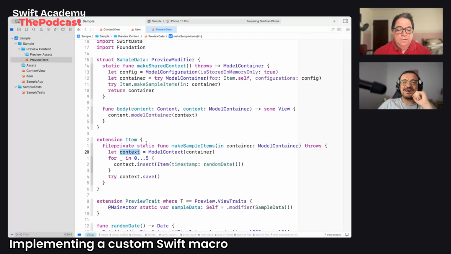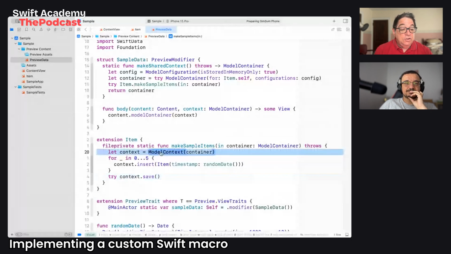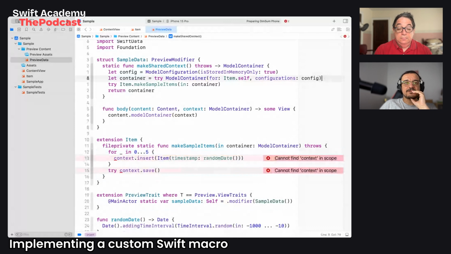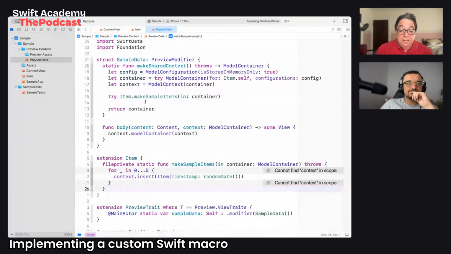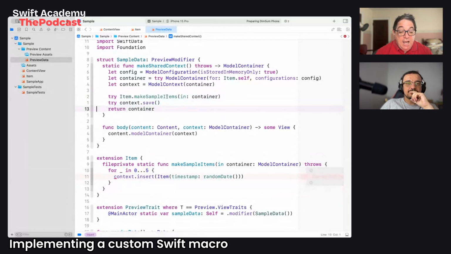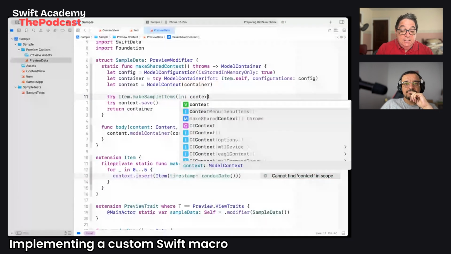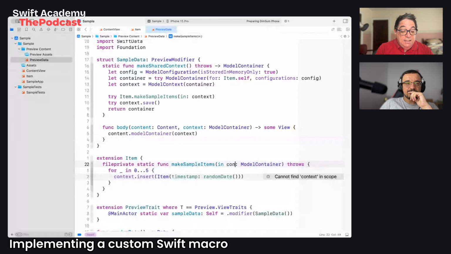But after that, how can you use that to link that with the macro? Because at this time, this is a simple code without using macro. That's right. Yes. And so the first thing I looked at was, how can I reorganize this code so that all the boilerplate code is in one place? So for instance, this creating a context and saving a context, for me, that belongs here. If I create the context and I save the context here, I've got more of my boilerplate code there, and now I will pass the context over, not the container. So I will take this context, which is now a model